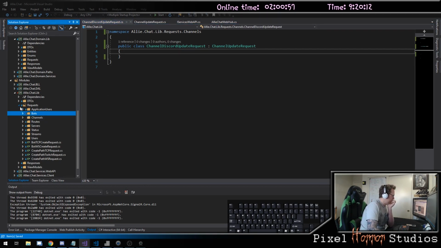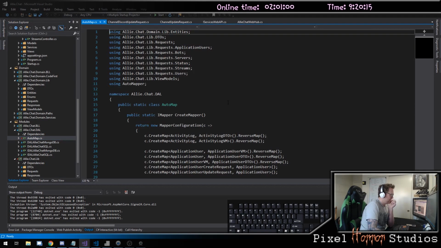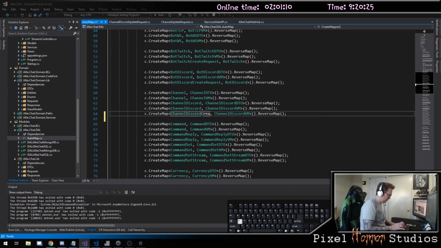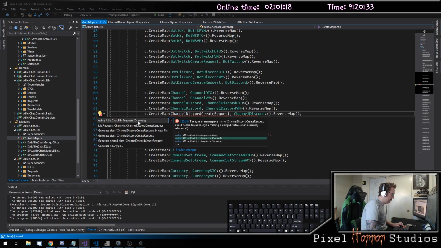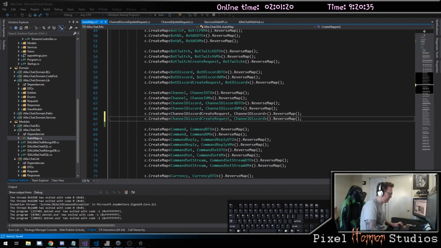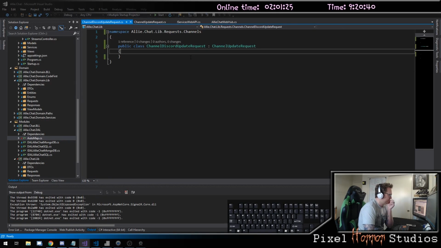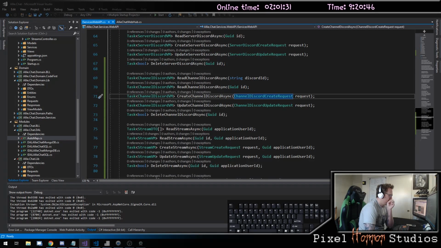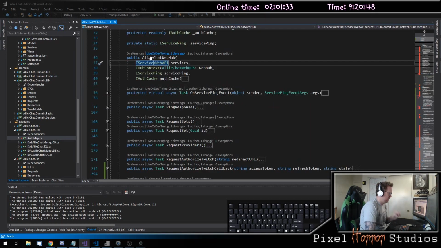And then on my data access layer, I need to map a channel Discord create request to a channel Discord. And then you also need to have one for the update request. Looks good. So back in the hub,